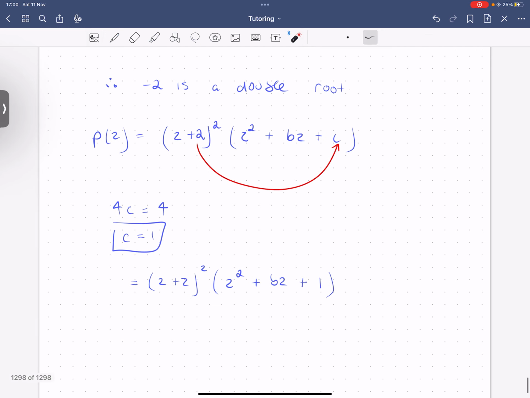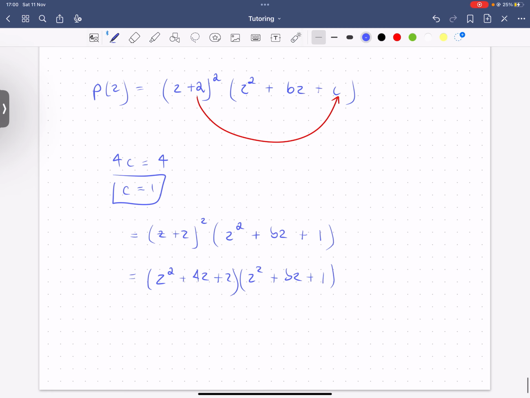And if we have a think about what's going to happen here, if we expand this expression, this is z squared plus 4z plus 2, that's a z there, and the second one's a 2, times z squared plus bz plus 1. Now if we have a go at expanding this, it's going to be z to the power of 4 plus bz squared plus z squared plus 4z cubed